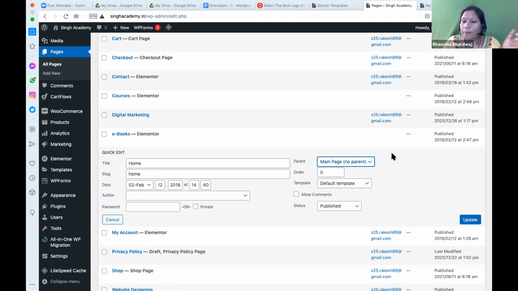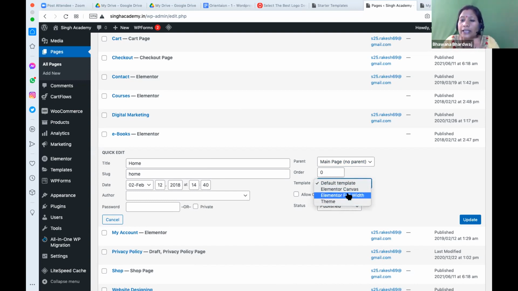राइट. So apart from that, you can also decide the order of the page, like what is the priority order, 0, 1, 0 is the highest priority. You can set the order of the page, and then you can decide the template, because a different page has a different design. Same website, different page, different design. So every theme can give you different kinds of templates. So this particular theme is giving us Elementor full width theme.